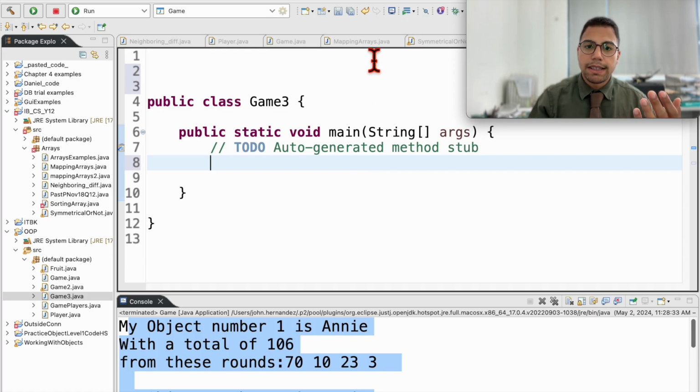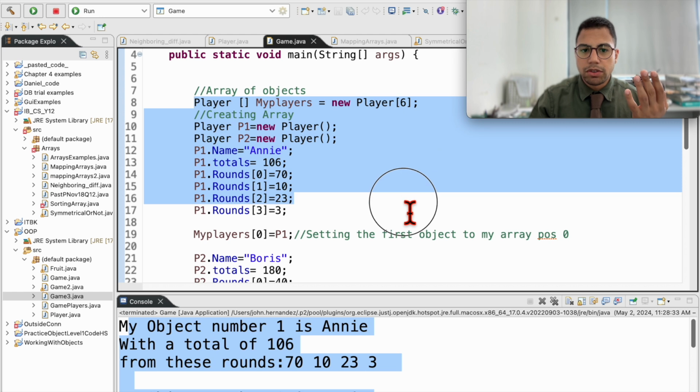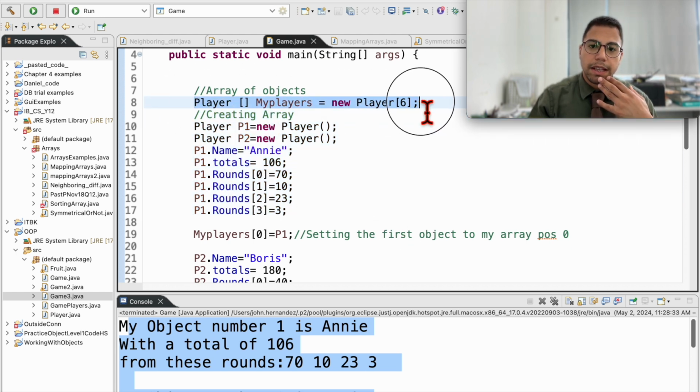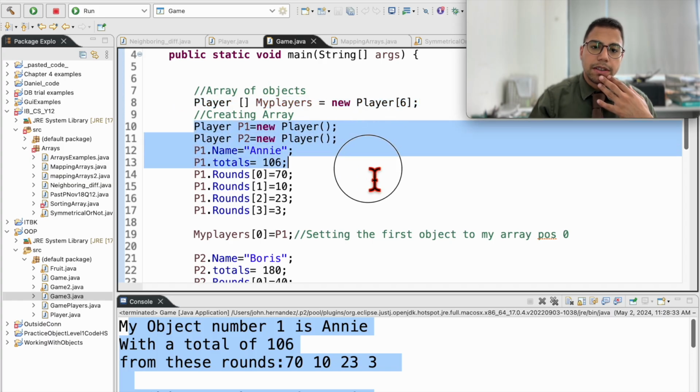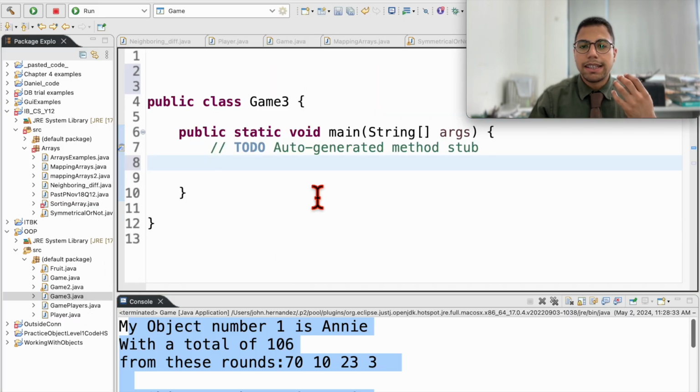And this is what I did here. So as you can see, for example, and we're going to just redo this, I create an array of players, right? And I create a player and I give the values one by one. This is not necessarily the best way to do this because it is not using the data that you already have